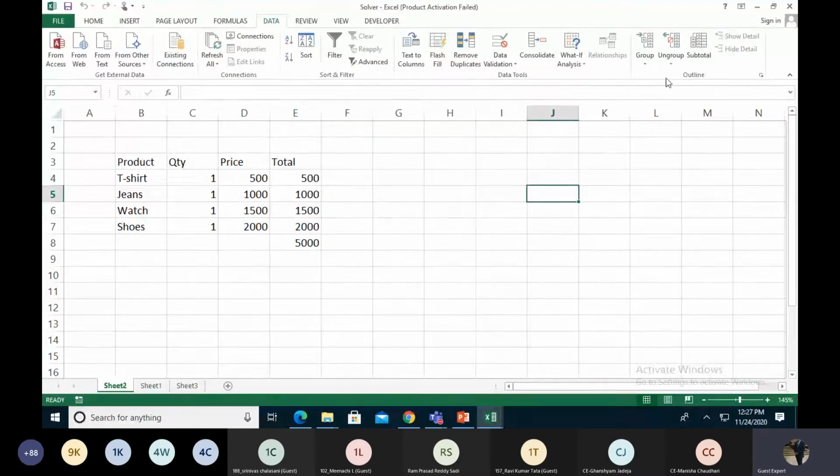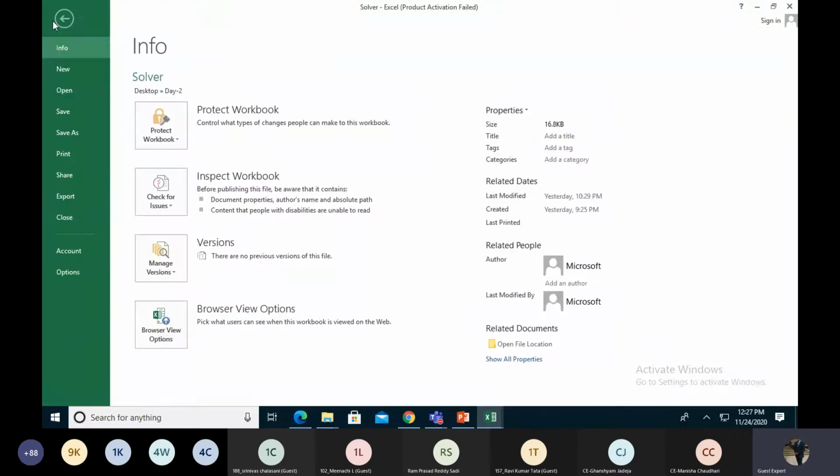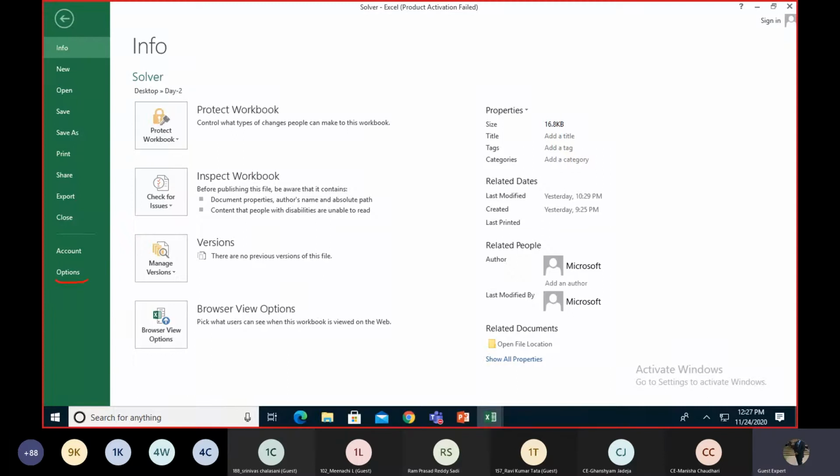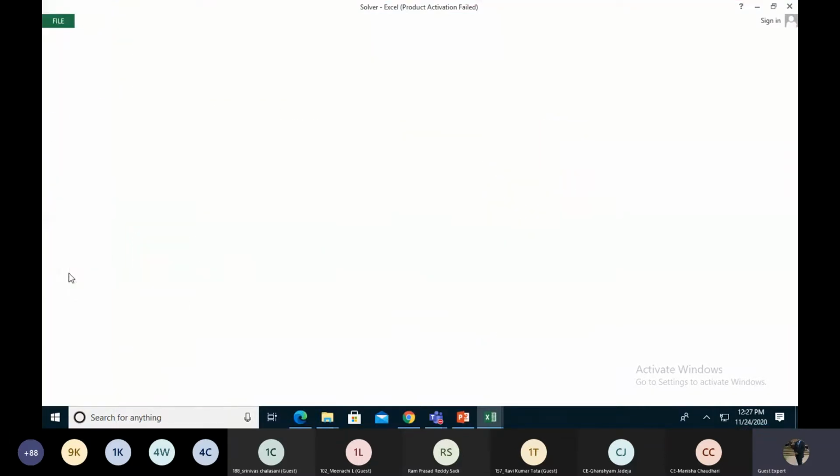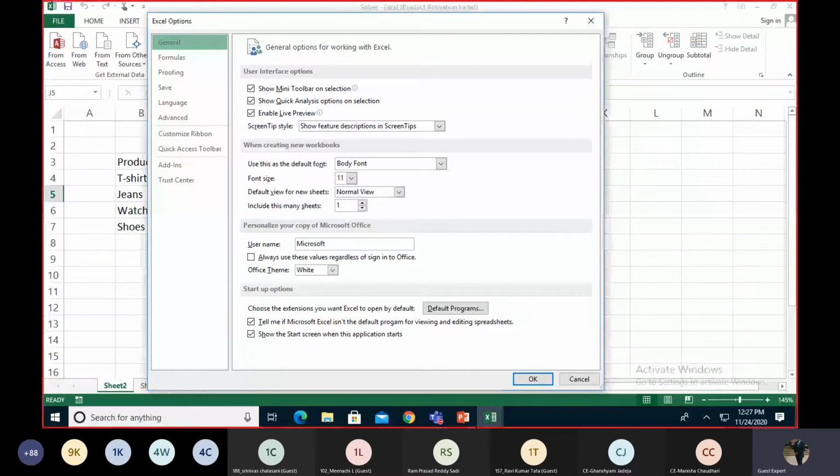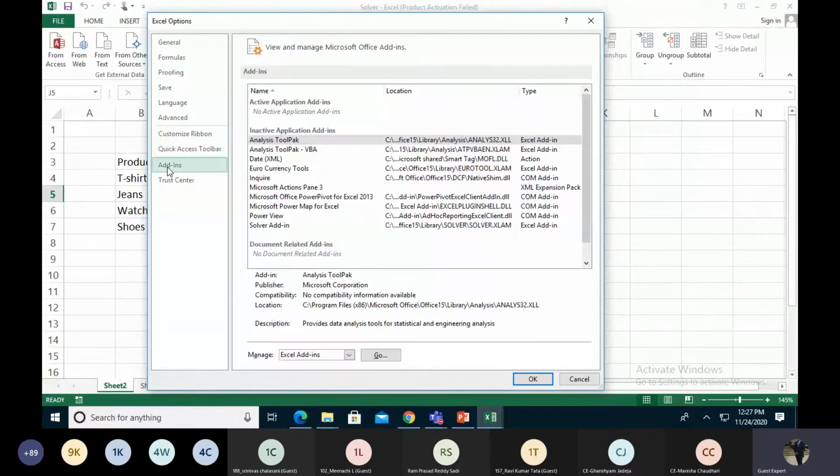Okay, so first of all, we have to add the solver in our Excel sheet. The first thing, we go to the File section. In the File section, we select Options. In Options, there is one option we call Add-ins. We select Add-ins.